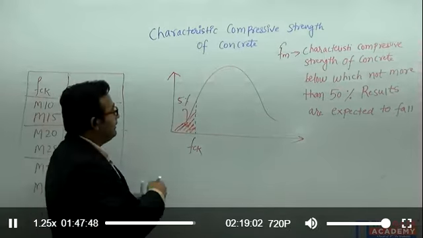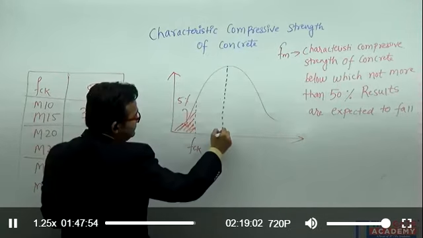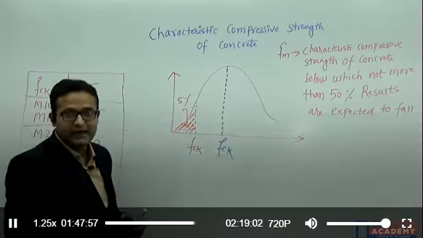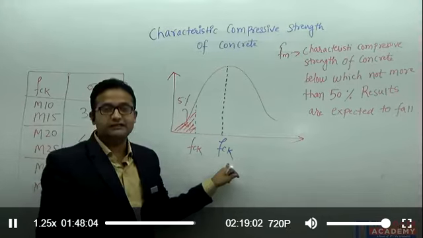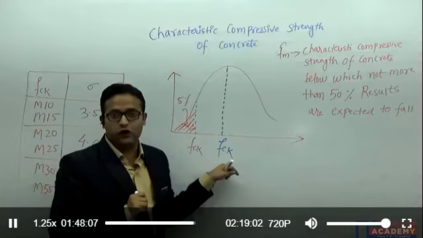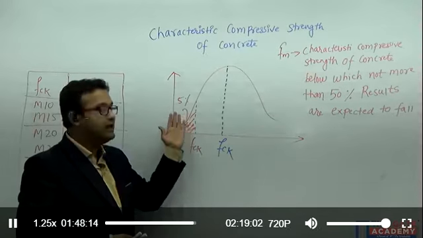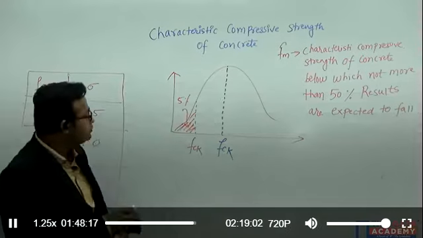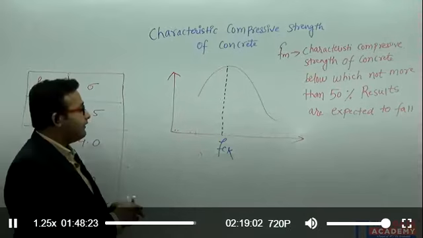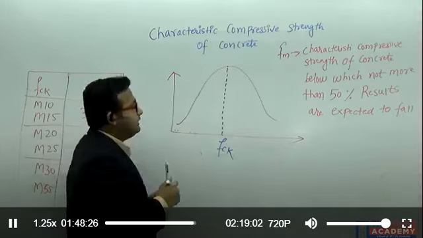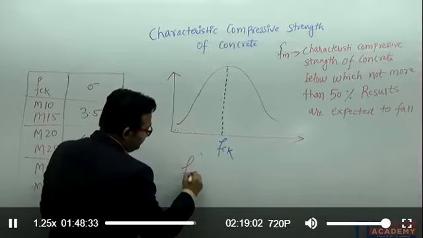So I can write here, this is my generalized formula FCK, but this time he is going to denote this FM by FCK. As per this question, he is suggesting to consider the FCK as the characteristic strength for which not more than 50% results are expected to fall. That means the FCK for which earlier you were considering the 5% results are expected to fall gets shifted somewhere here. That means it is the value of target mean strength. This I denote by FM. So your FCK will directly become equal to FM.